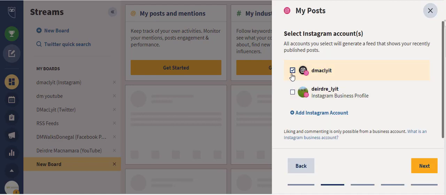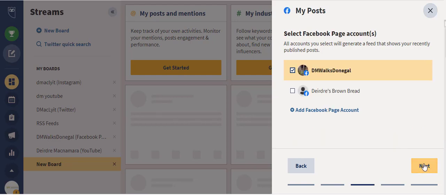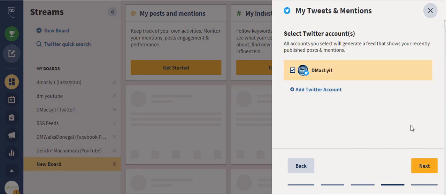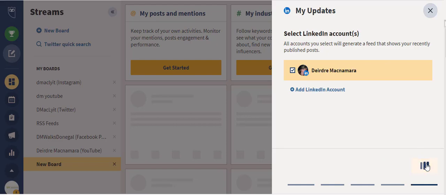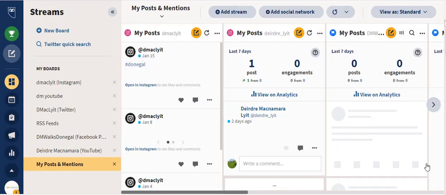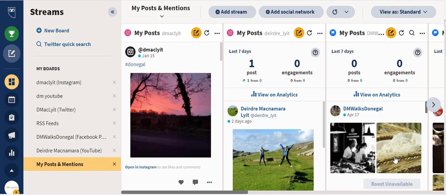And here it's asking me, I have two accounts connected in Instagram. Do I want to connect both of them? That's fine. And again, I have multiple Facebook accounts. Do I want both of them? And a Twitter account and my LinkedIn account. And then I can add to the dashboard. And so here you can see I've got all of my different accounts, and not only can I see them,